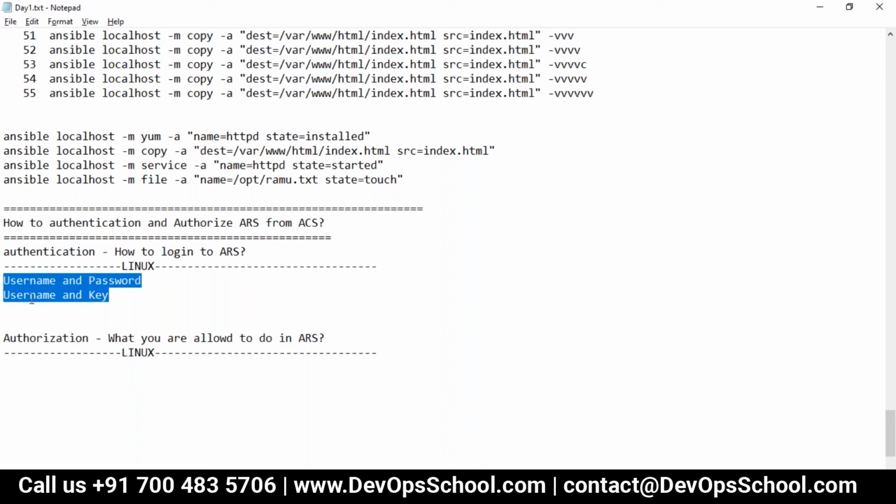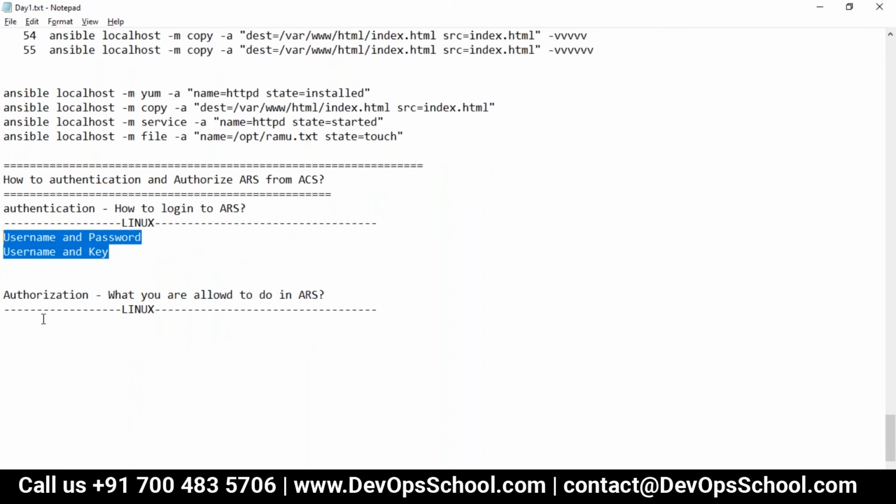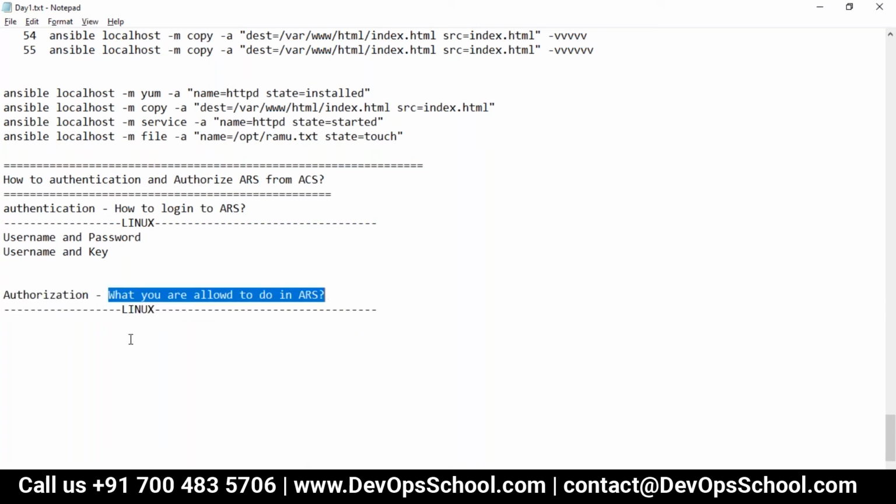But I have another question. How do you get authorization in Linux? Authorization means what you are allowed to do. I'm damn sure you know that, but you need to teach me. How do we authorize? We typically use permissions, group-level permissions, sudoers. We control what they can do. Most of the time, guys, we use sudo. Nowadays sudo has become a standard way to get permission.